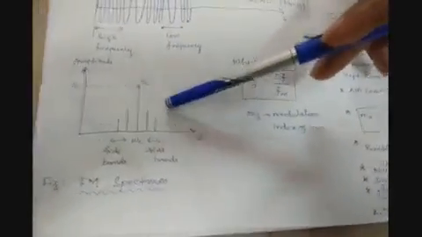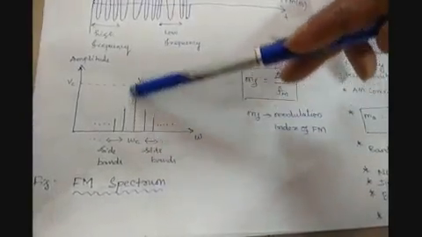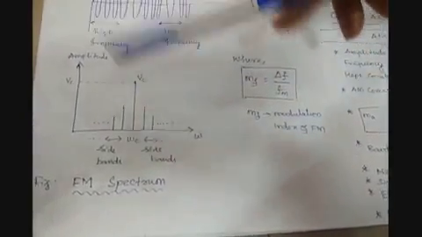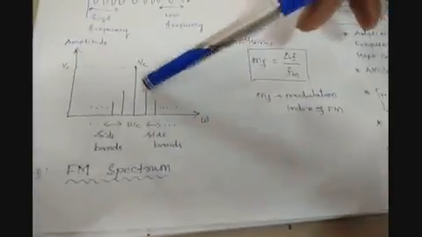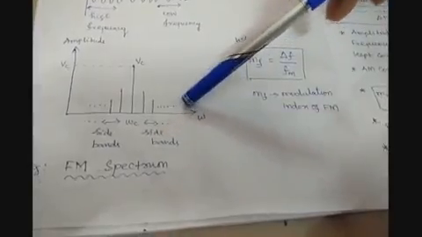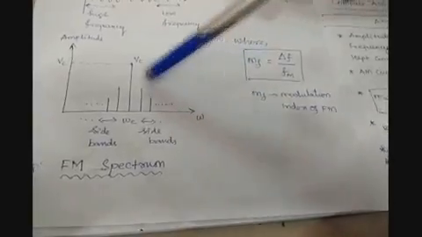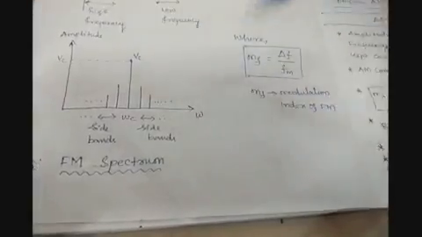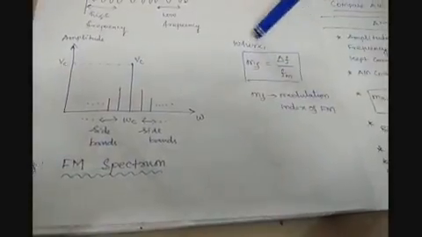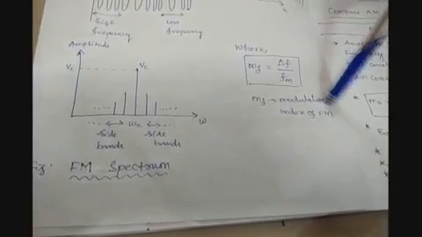So, FM spectrum. See, in this FM spectrum, with respect to omega c, amplitude is Vc. Just see the FM expression, in that it is given, and sidebands are infinite. If you know the exact del f value, then we can say how many sidebands will come here, right? And mf means, already I told you, modulation index for FM, which is equal to del f by fm.